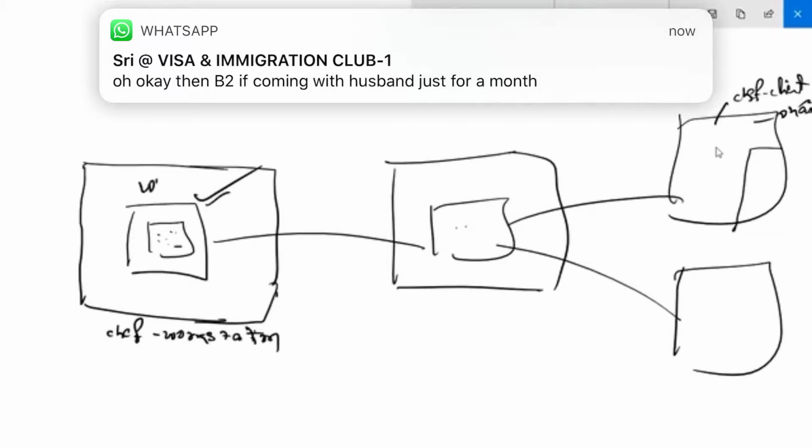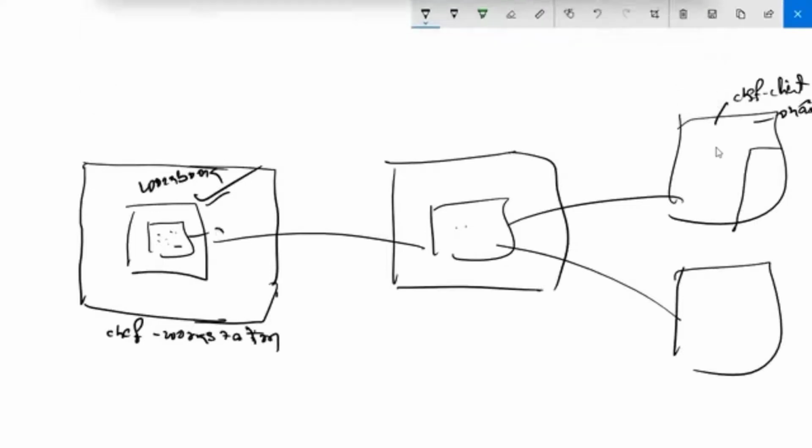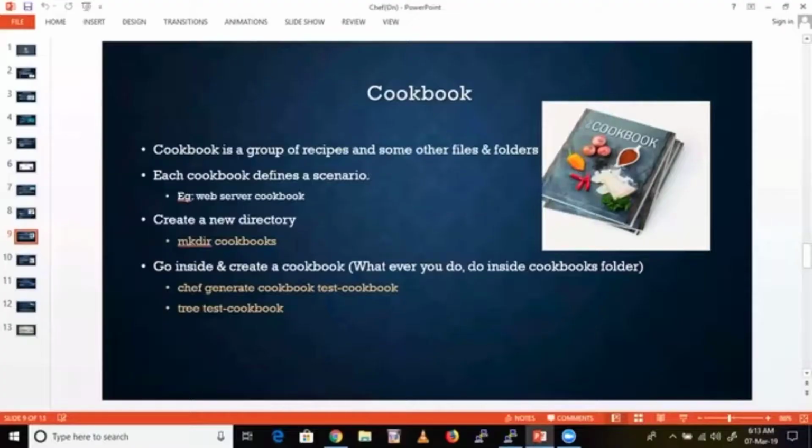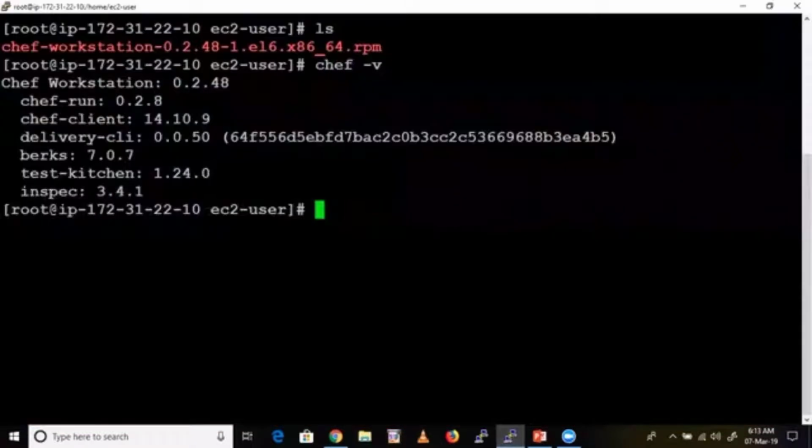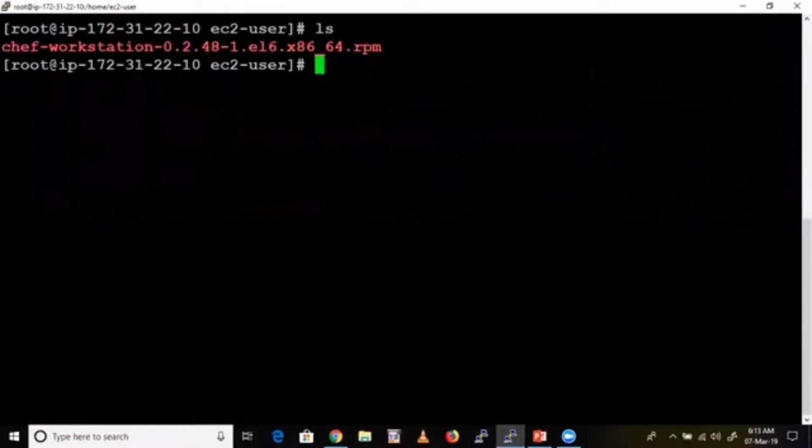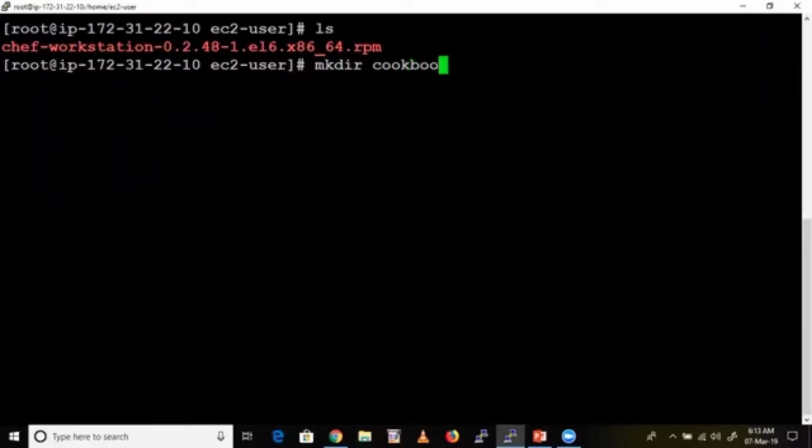This is a cookbook, and this is a recipe. Let me create one cookbook in my workstation. This workstation is ready. I'm going to create one folder, guys: mkdir cookbooks.